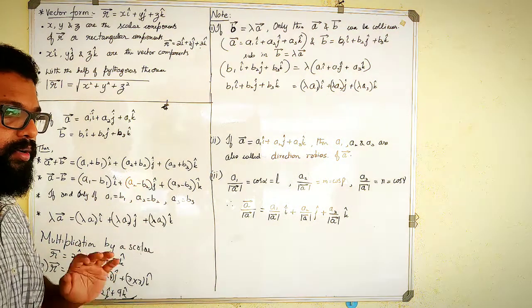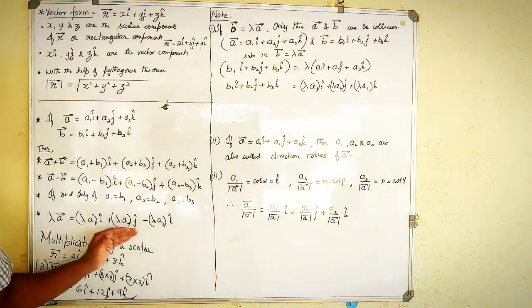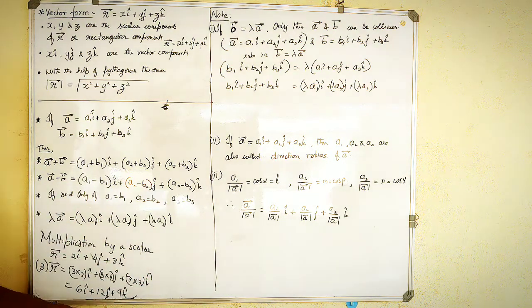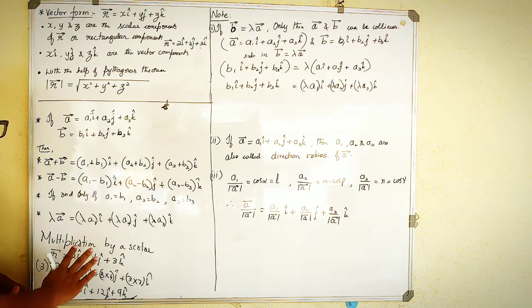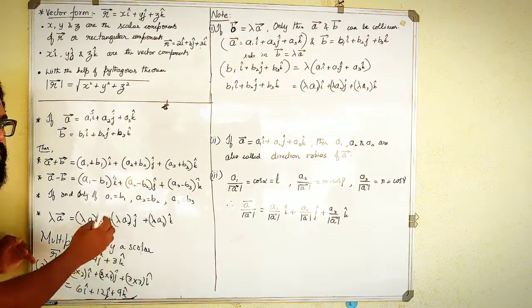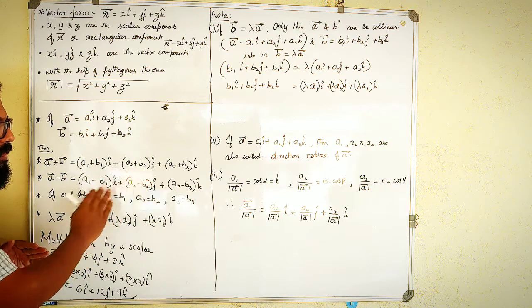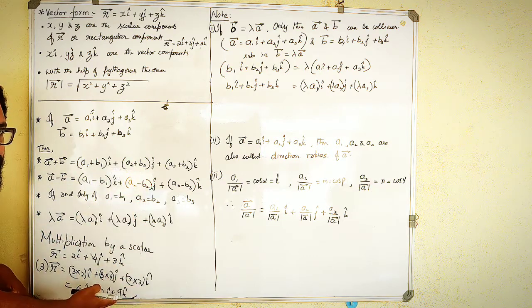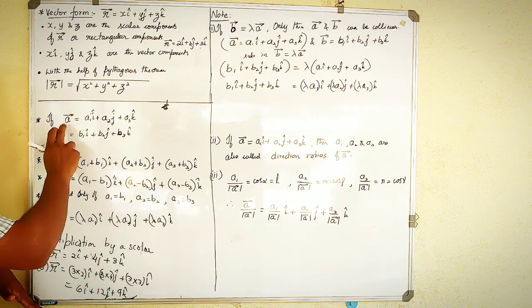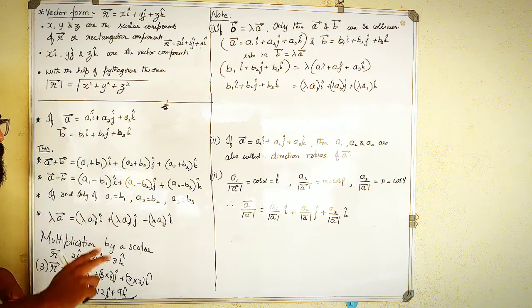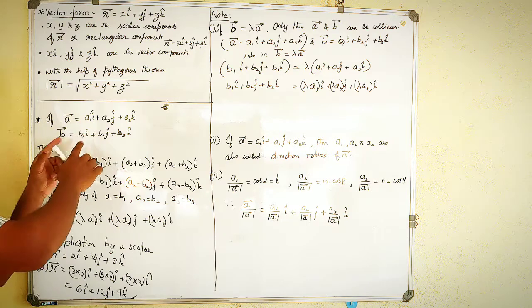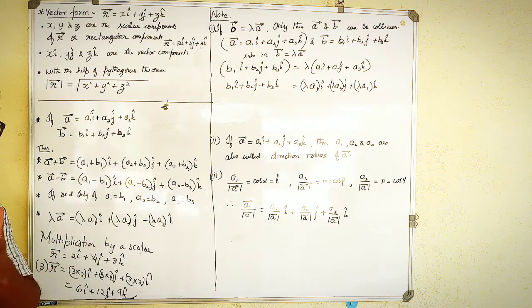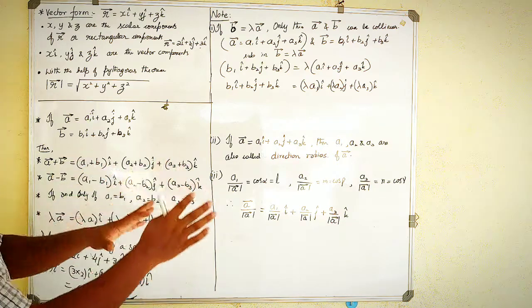You need not learn that by heart at all. You simply have to multiply the scalar to every single component, and it should give you the answer in this form. Okay, so this is the basic understanding of calculation. These are not formulas, don't memorize them. Just understand that these are the ways I can solve vectors. Addition of two vectors I can do in this way, subtraction I can do, then multiplication I can do in this way. And remember, this multiplication of a vector is only with a scalar. If I have to multiply two vectors, there comes another concept of dot product and cross product. That comes much later, so we will not discuss it until it comes.